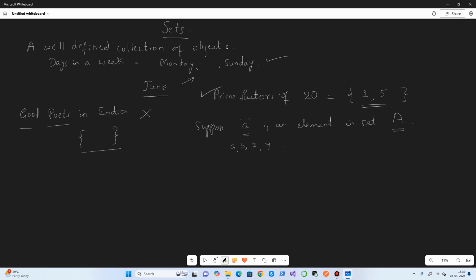So this is how we denote the elements and the sets.